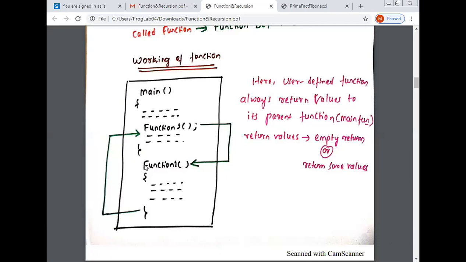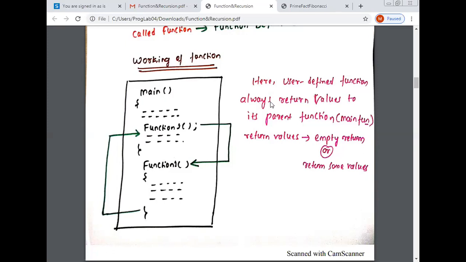In that function, open curly brace, you write some statements and close curly brace. Once it encounters the close curly brace, it will return the values to the main function. The return value may be an empty return, or it will return some values. That is the working of function.